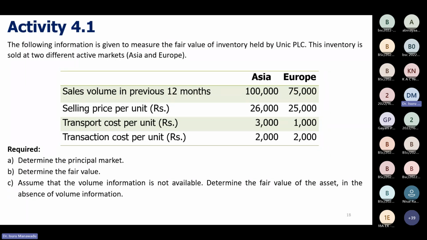Dan medan yang tiba, wah itu dakinya. Kami medan